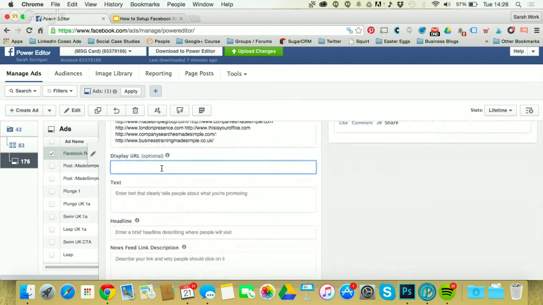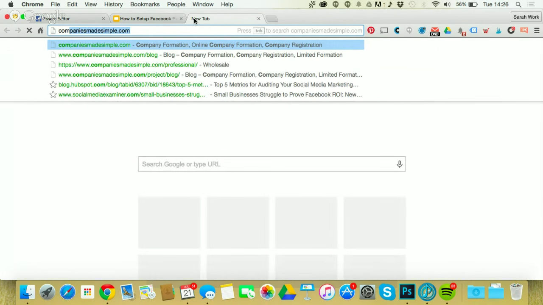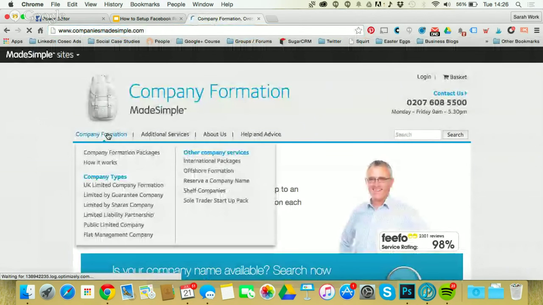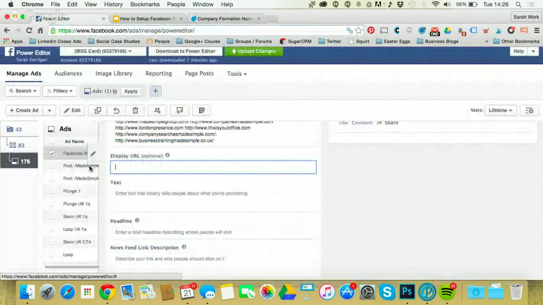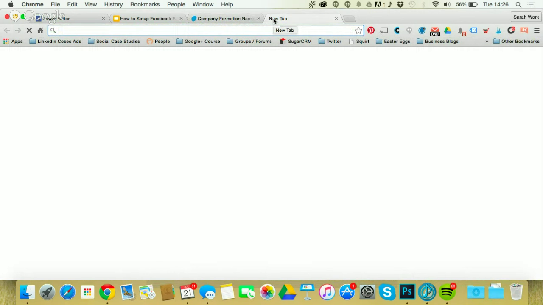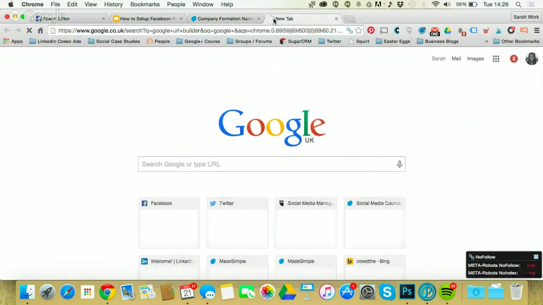and then within your ad, you just need to decide where you want to send your Facebook website audience. So it's just, when they click on your ad, where do you want them to land? So in this case, I'm just going to go to our website and select our landing page. So you want it really to be a high converting landing page if you're selling something, or if it's a product you're selling, then obviously the product page you want to be sending them to. In this case, I'd always track the link as well, because then in Google Analytics you want the link tracked. So I'll just go to the Google URL builder,